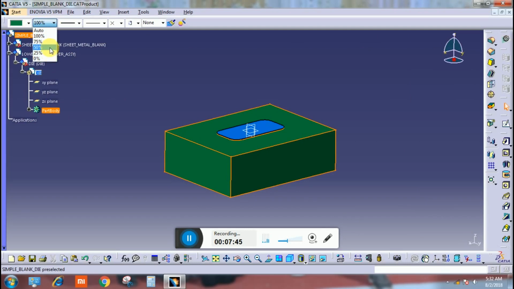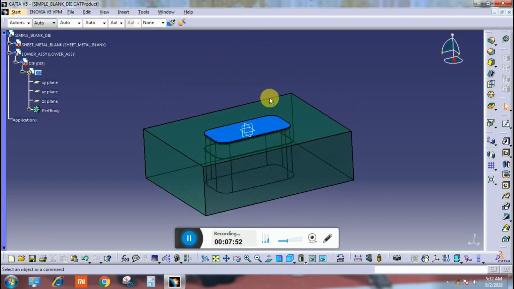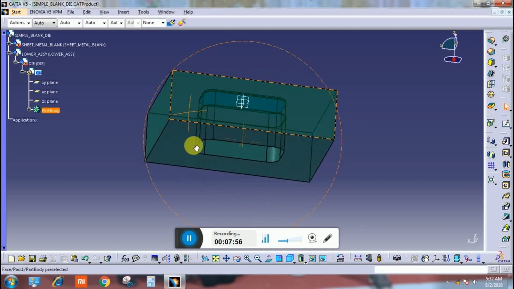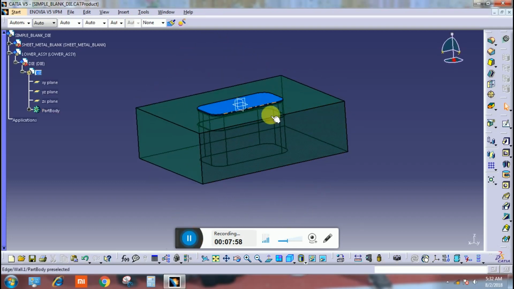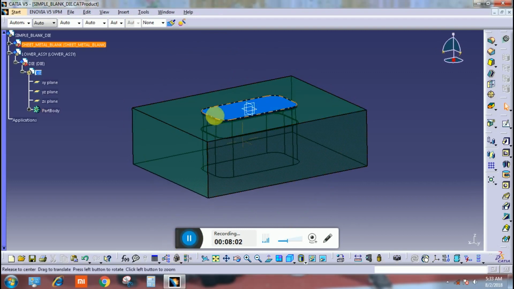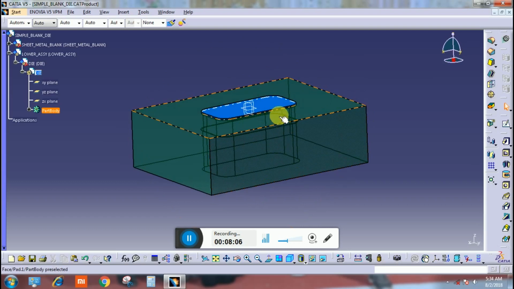See this? In the part we can see that cutting edge, this cutting edge and relief profile are showing us side by side.